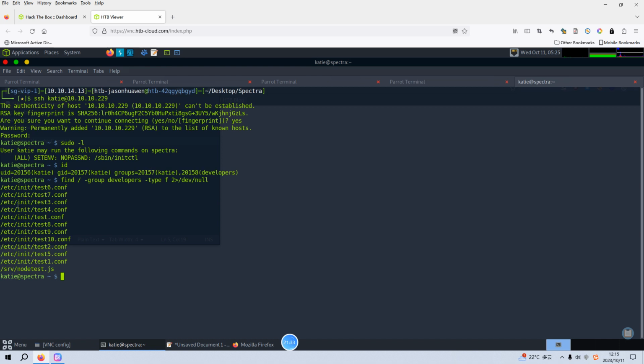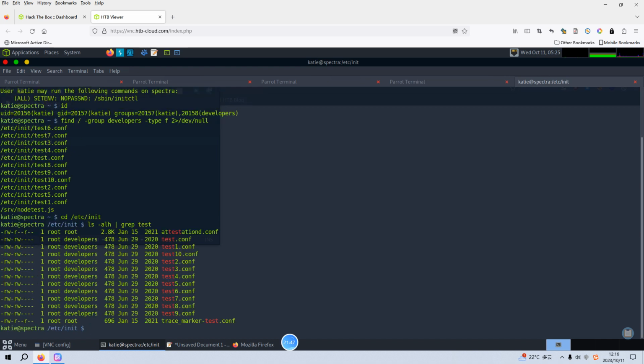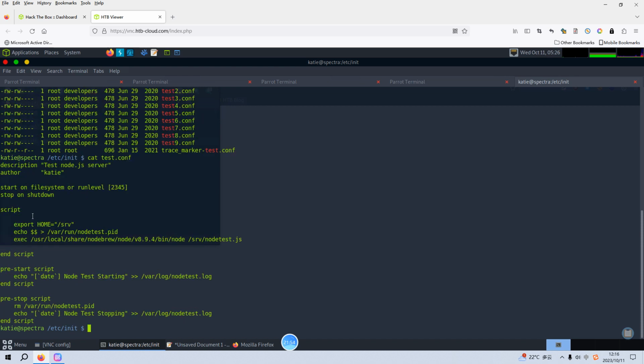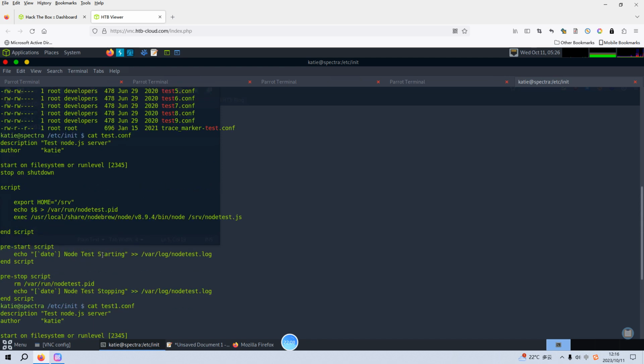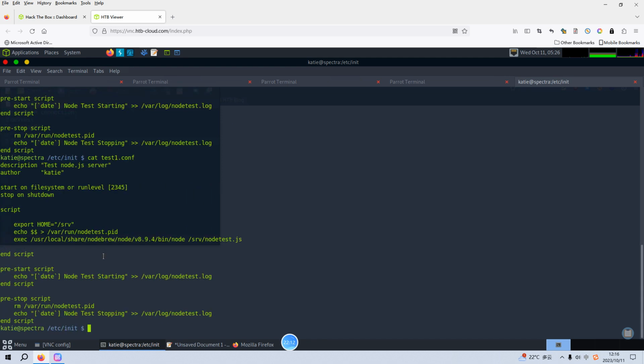Yeah, there are some files under the init directory, and we can go to this directory, init, and we can list files and test. Yeah, some files, we can cat the test.conf file, and also we can cat the test one. I think the content of these scripts is the same, and I think we can manipulate this service, but of course we need to know the service name, right? We can use sudo because we have the right without supplying the password of the root user. Sudo sbin